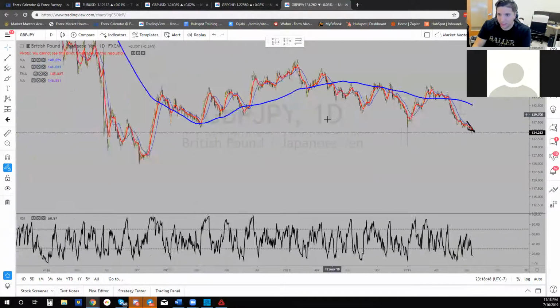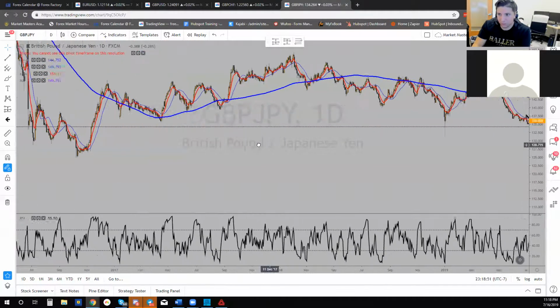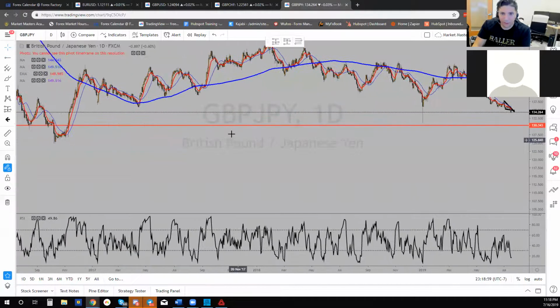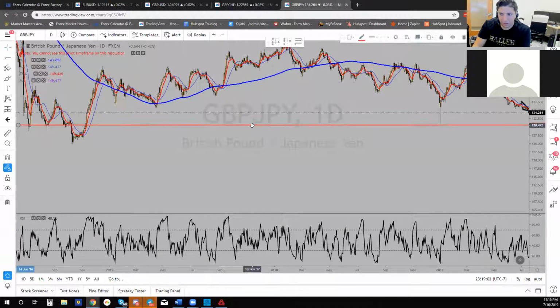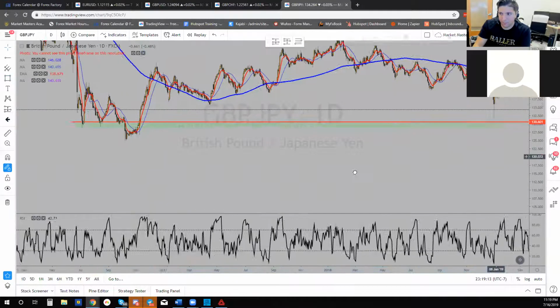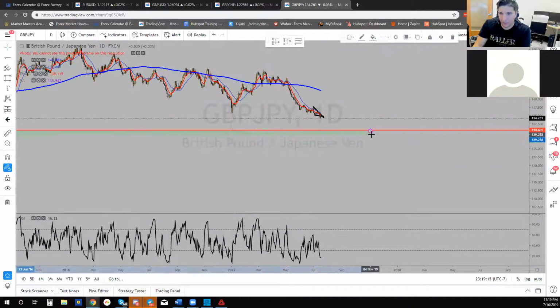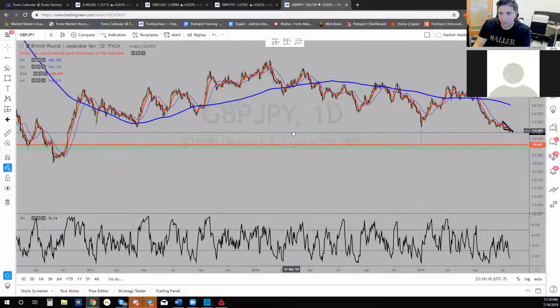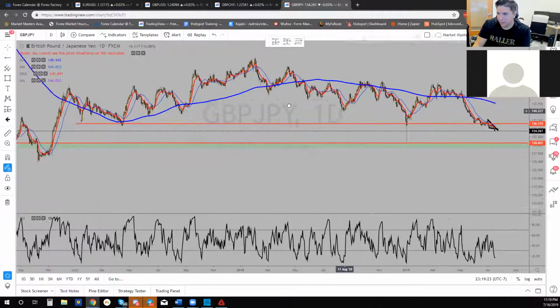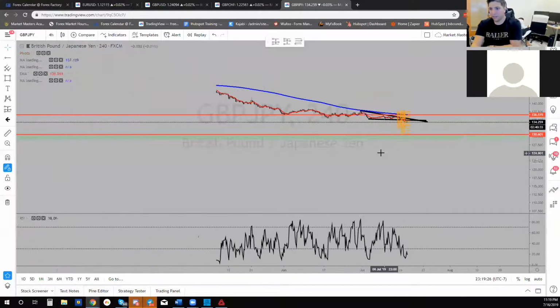So let's see. We have the support area right here. Price is not all the way down there though. Just a little bit more, just to touch this wick area right there. Plus also hit these. We have support right here. And then looking down at the smaller time frame,